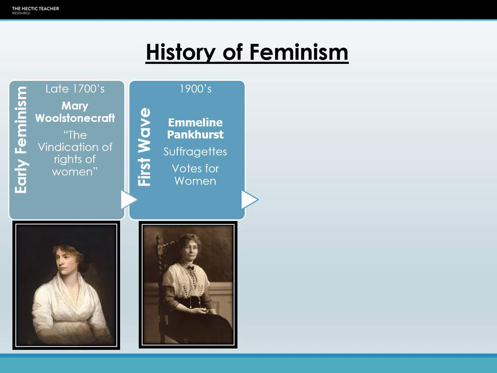However, it's difficult to say which group really had the most influence on gaining the right to vote for women. Was it the suffragists who were working within the system, or was it the suffragettes who were making a lot of noise? And we're never going to know the answer to that. That's not something that we could actually answer. But it could be argued that this was the formation of those two groups of feminists. And of course, they were successful in their campaigns to get the right to vote for women.